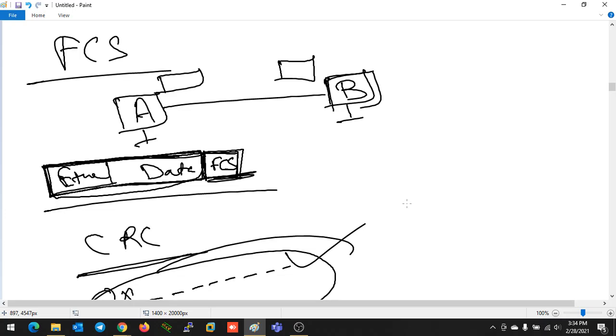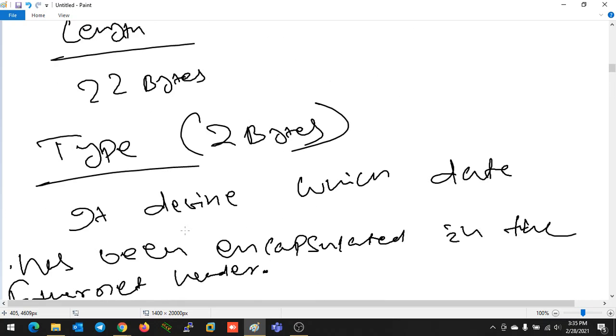In each header you will find some checksum value: for TCP, for UDP, for IP, and also for the Ethernet header. So these are the total 4 headers which are most important to understand: the TCP header, the UDP header, the IP header, and the Ethernet header. If you want a clear picture of these headers, you have to keep all the fields in mind and understand what each field is working for. Okay, you can also find some CCNA books, which I already shared. Inside that book you can get all the information about these headers, but you have to keep in mind what the work of each field is. So this is all about the headers.